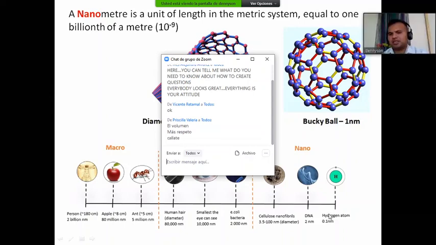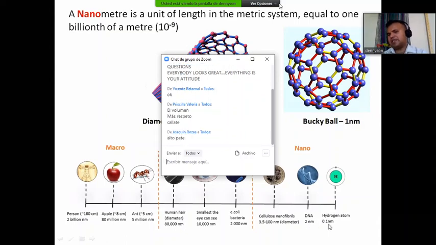So the DNA is about 2 nanometer and hydrogen atom is about 0.1 nanometer. So you can see how small nanometer is compared to human being, 2 billion nanometer, and DNA 2 nanometer, hydrogen atom 1 nanometer. You must have seen about Buckyball, that is called Buckminster fullerene,